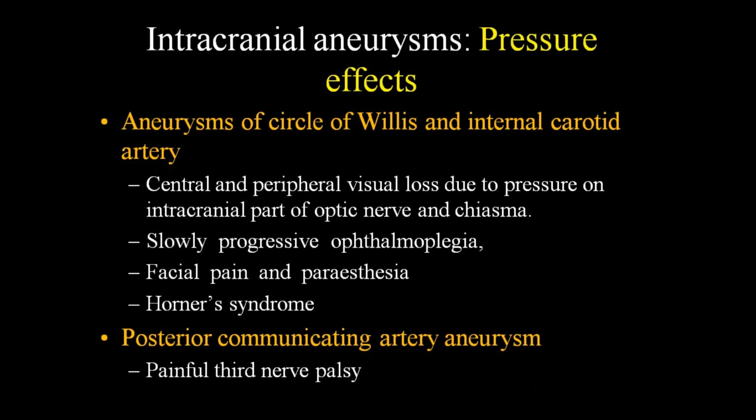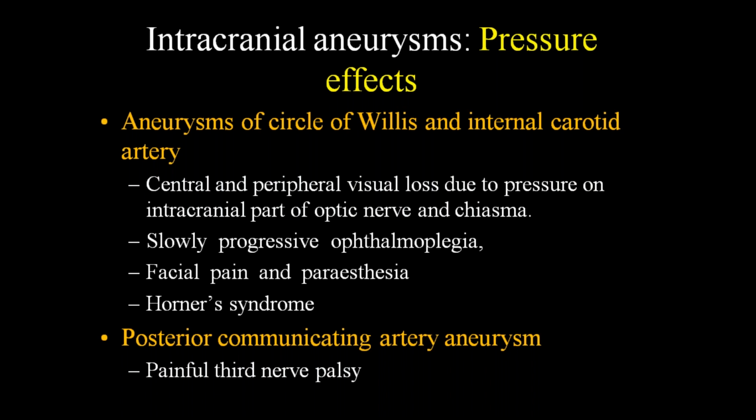Intracranial aneurysms. Now, what do these aneurysms cause? Aneurysm is nothing but swelling of the arteries. So when the arteries are swollen, what can they cause? They can cause pressure effects. So they can compress any nerve and can lead to various manifestations. So when there is an aneurysm in the circle of Willis and internal carotid artery, what are the features it can cause? It can cause ophthalmoplegia, facial pain, or paresthesias, or Horner syndrome, and central and peripheral visual loss due to